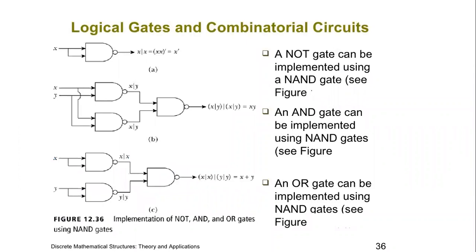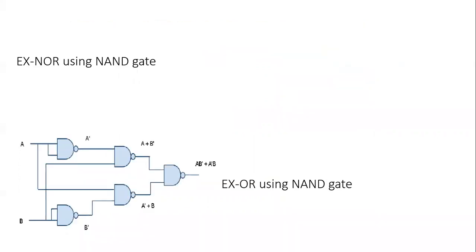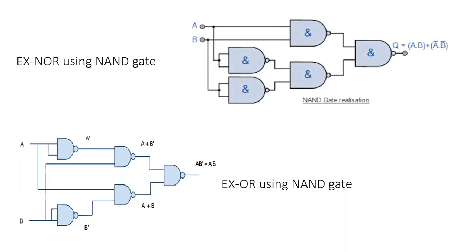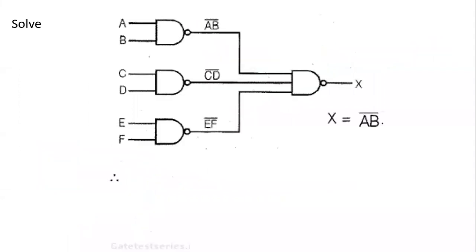Multiplication, we have got it. Addition or, we have got it. Then we have got XOR using NAND gates, and XNOR using NAND gates. So that is how all these 5 operations can be done with the help of the NAND gate. The same way we can do it with the NOR gate. Now this is one question that you can solve. These are all based on NAND gate questions.